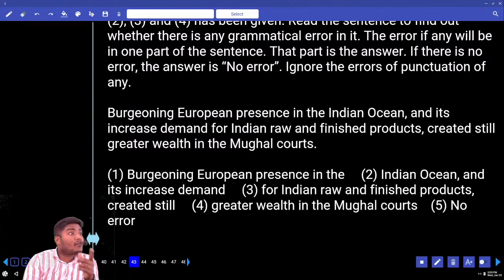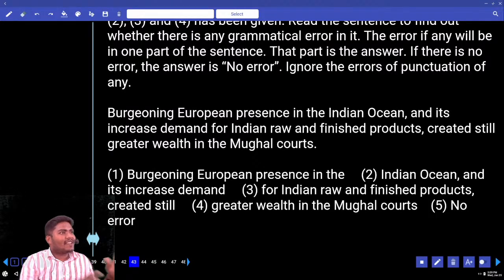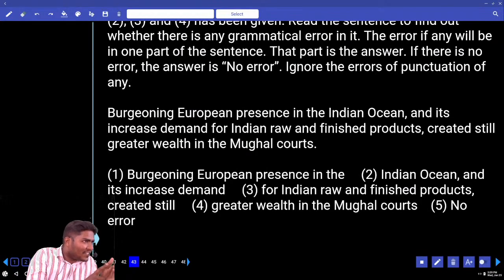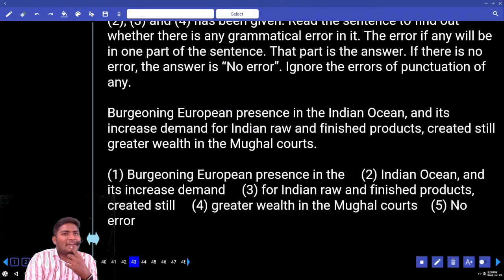Burgeoning. How many of you attended the day before's explanation? Please raise your hands. From the girls, I remember many faces. Don't think that I'm simply coming here, teaching my lesson and going. I know everybody, what you are doing, what you are saying, where you are focusing. I know everything. But we don't tell. That's it. Okay? How many of you attended the day before's explanation?